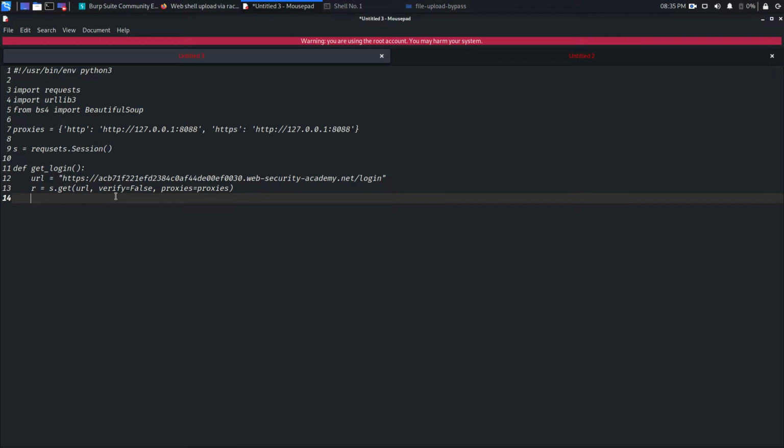And how we will do that is with BeautifulSoup. So soup is equal to BeautifulSoup, and inside BeautifulSoup r.text, comma, html.parser. Then from here we can grab the value. So the value of CSRF is going to be soup.find, and from soup.find